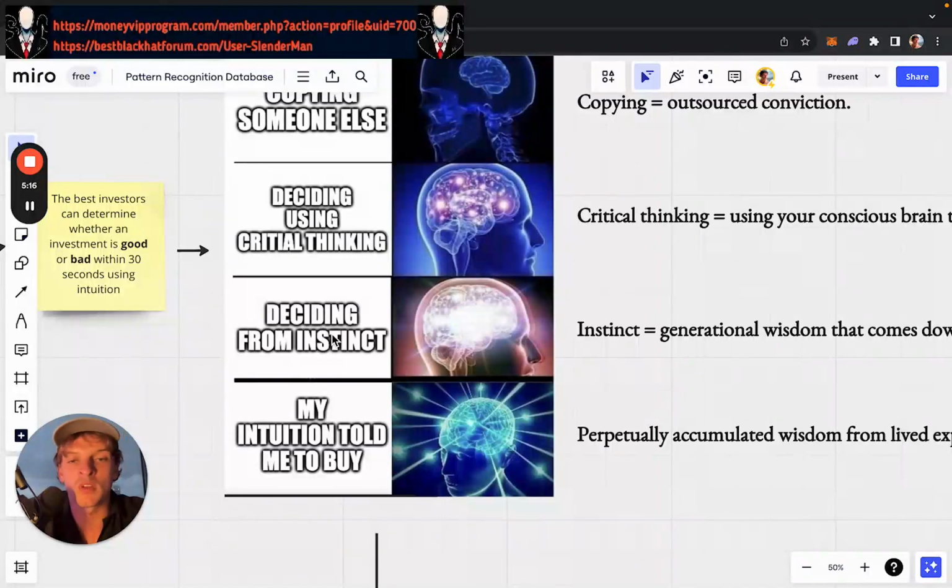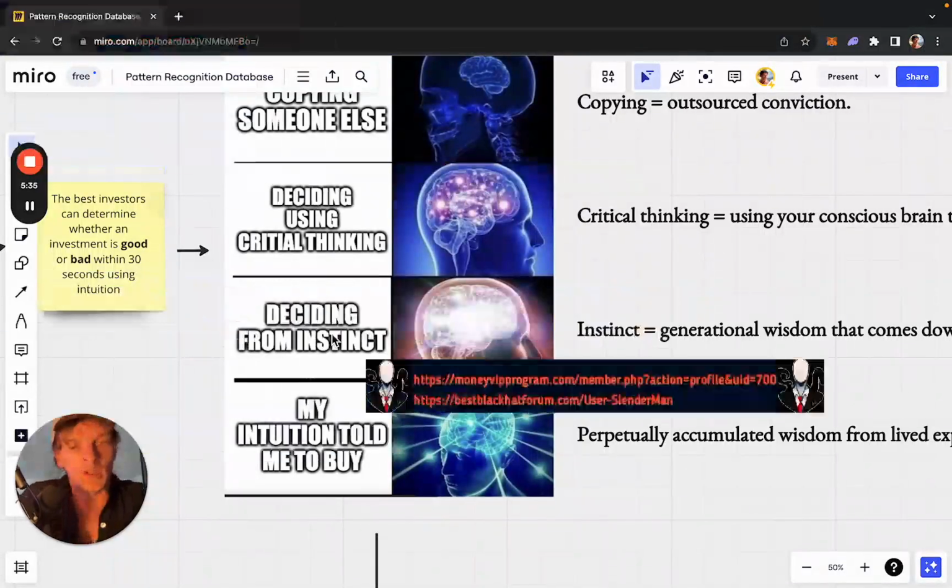So for example, your instinct is to follow the herd. That's an instinct. That's not something you learn. That's something that's ingrained in you. You follow the herd. That's why everyone wants to do it. So if you implement follow the herd in your investing, you're just going to buy at the top and sell at the bottom. You're going to only do things when it is the consensus decision that it's a good decision, which is never when it's a correct decision.